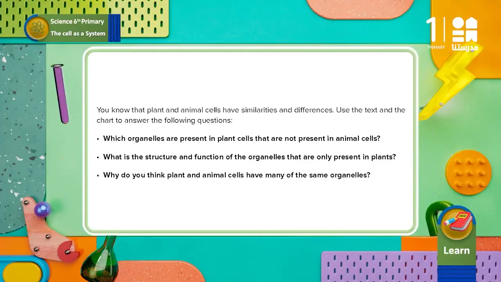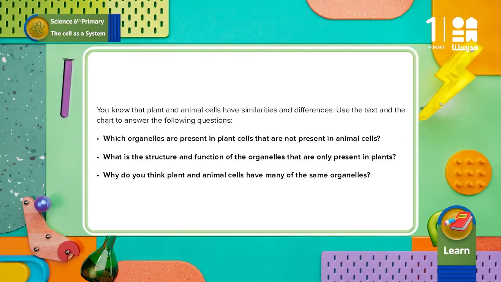All the information you get, either from the text or while writing in your notebook, will help you answer the questions following the text in your book. Let's read all the questions and discuss together only the third one. Plants and animals are living organisms, right? So they both have common basic needs to survive. This means they have many of the same organelles because the cells function very similarly.